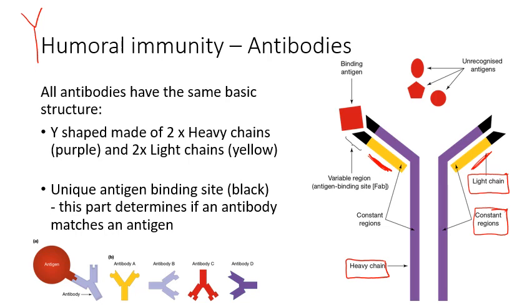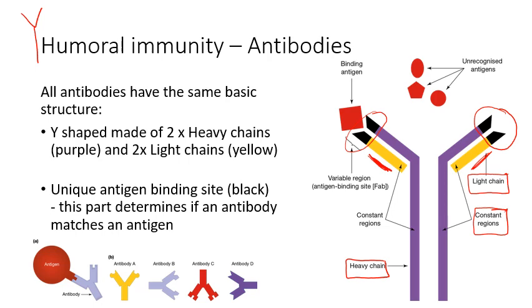And the antigen binding site is the section in black. So you can see that there's a section in black on this arm of the antibody, and there's also a section in black here. Okay. So these antigen binding sites are the parts of the antibody that will change depending on what cell has produced this antibody. It is the part of the antibody that is complementary to the shape of the antigen that it